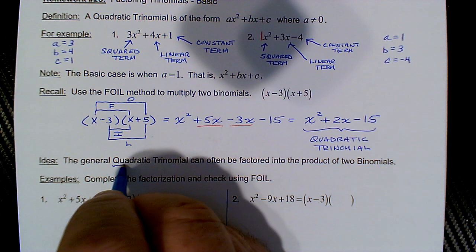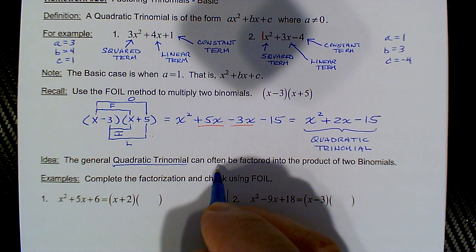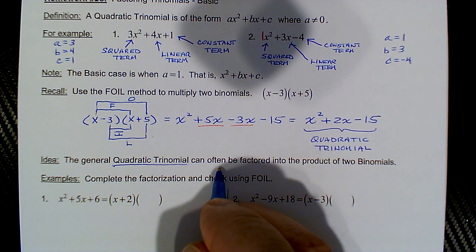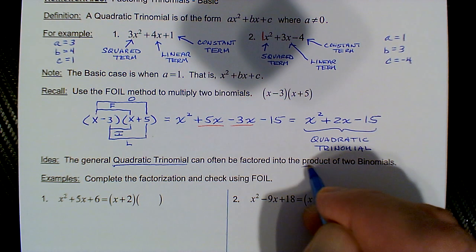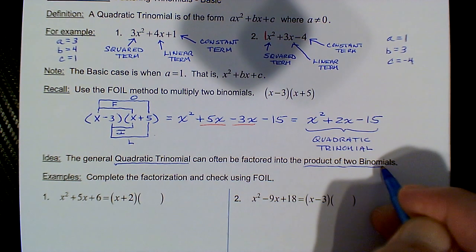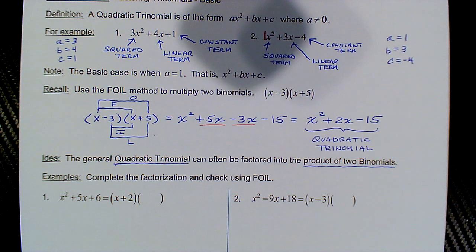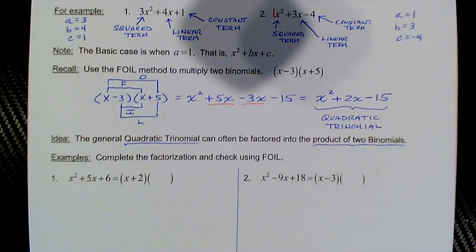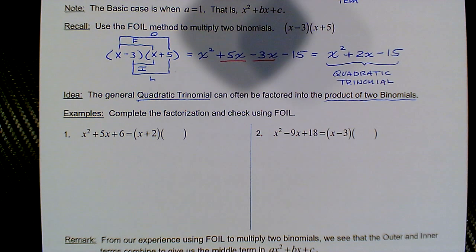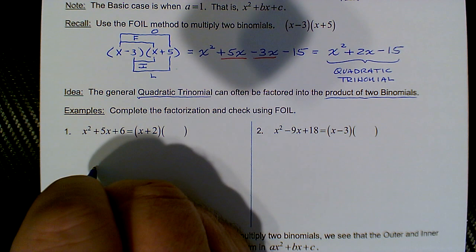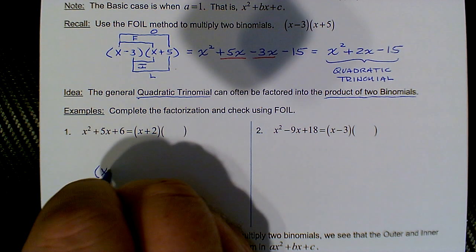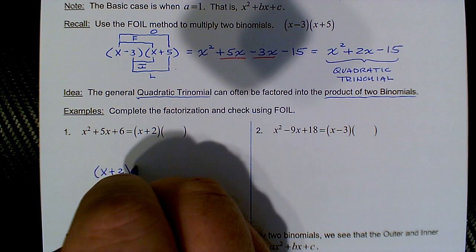Here's the idea, though. The general quadratic trinomial can often, okay, there are cases where it cannot be factored into the product of two binomials. So we make that assumption basically when we go through these problems. The first few questions here are kind of nice to get us warmed up. They're giving us one of the binomial factors. That is, they're saying that x plus 2 is a factor